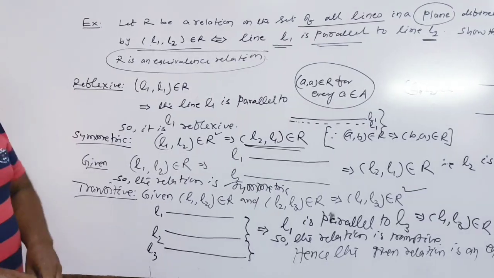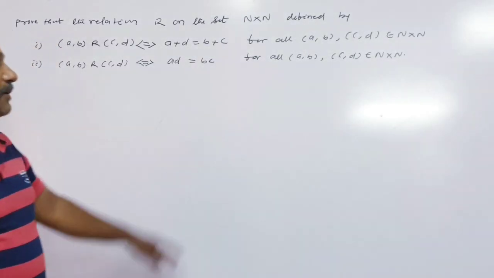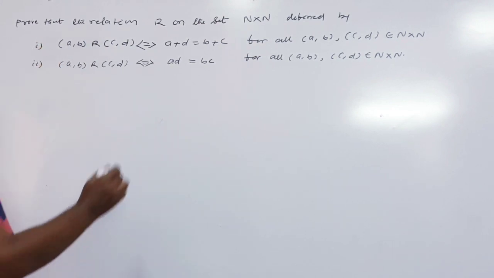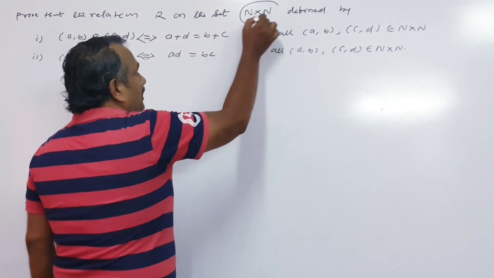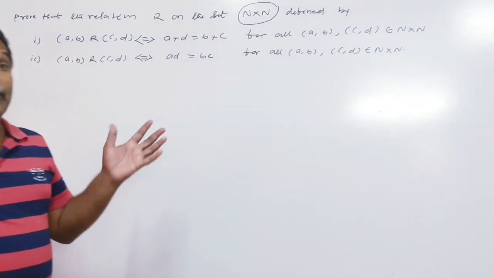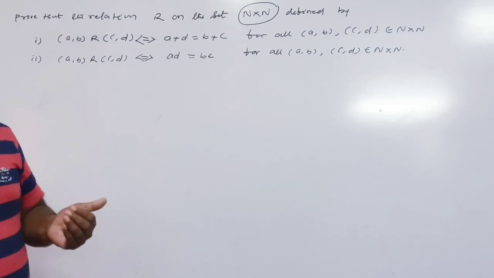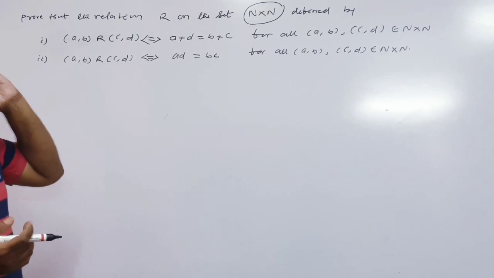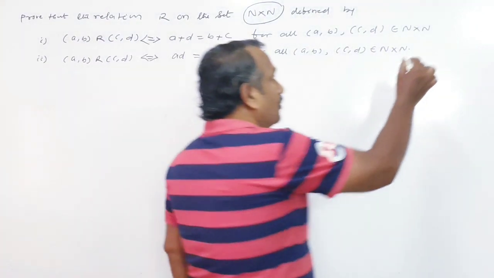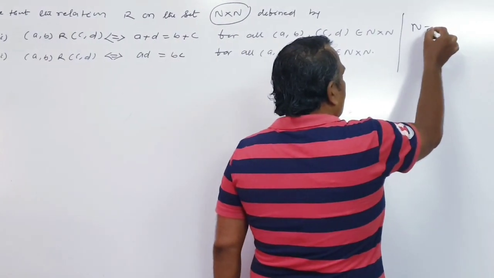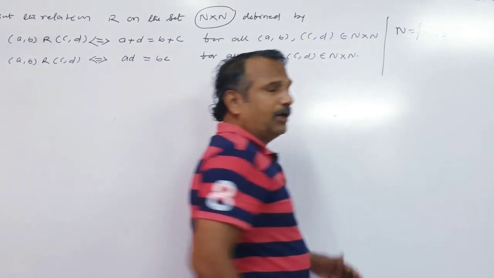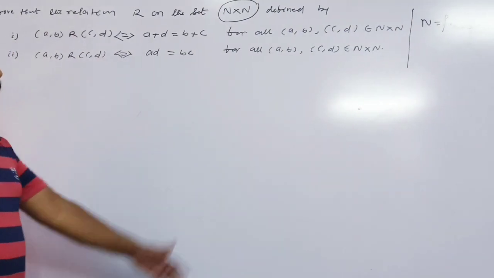Now next. Now this is another example, very important for CBSE examination, plus 2 board examination. Here they define the natural number. So natural number cross natural number, not a finite set. Here A is a natural number, B is also a natural number. What is the natural number? We know that N is equal to 1, 2, 3, dot dot. This is an infinite set of natural numbers.